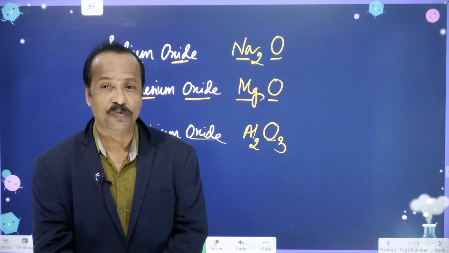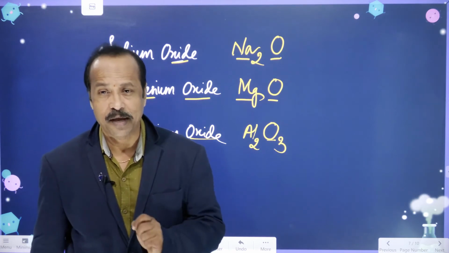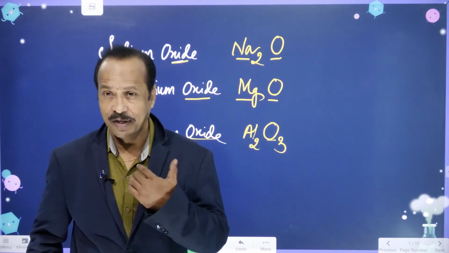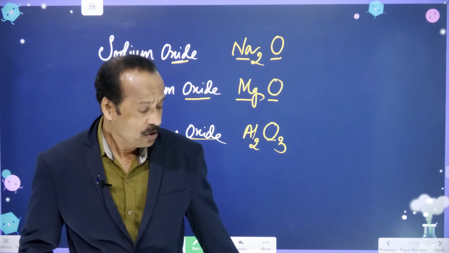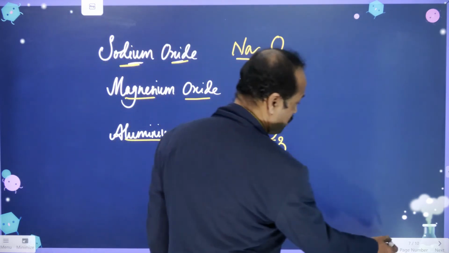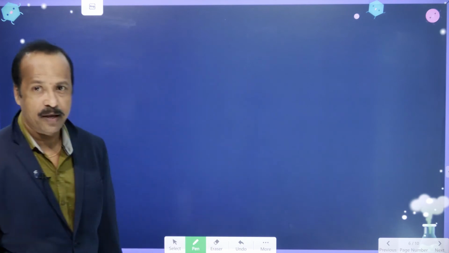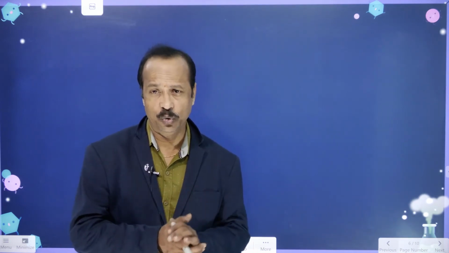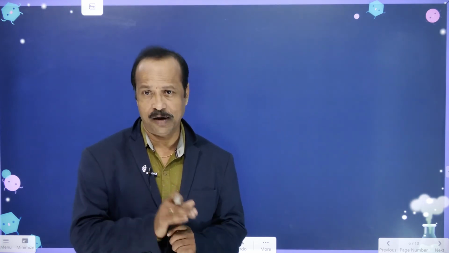Clear to you? So for this, first you should know the important elements that we write. Clear to you? So students, today I am going to give the first 20 elements' names, their symbols, their atomic numbers and their valencies also. And after giving the 20 elements, I will show you one or two examples of how to write the formula of simple compounds.